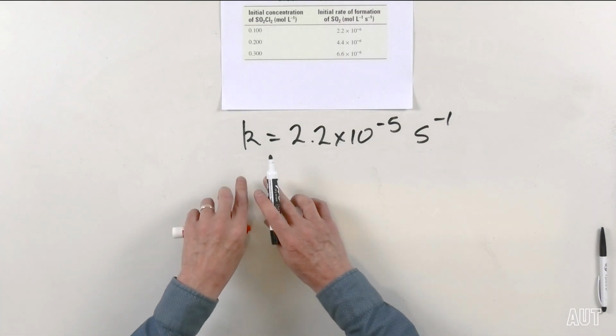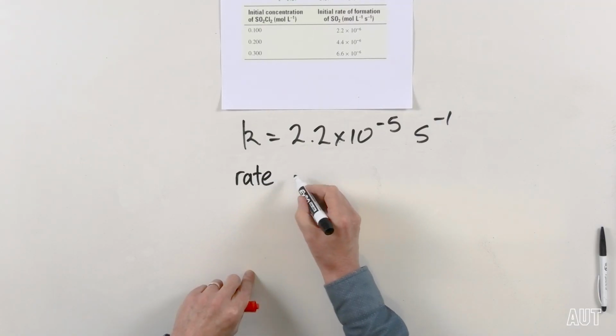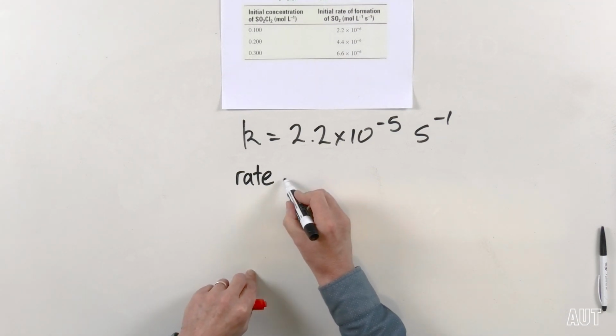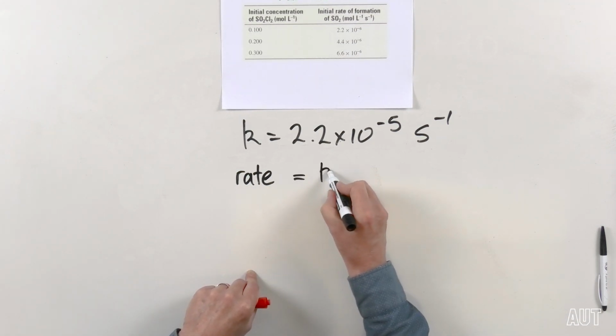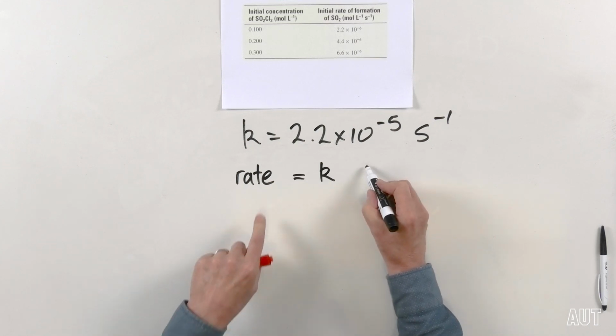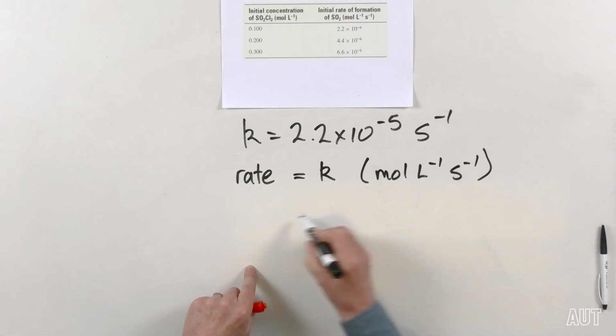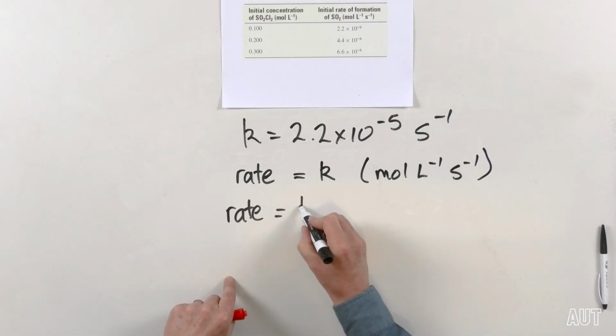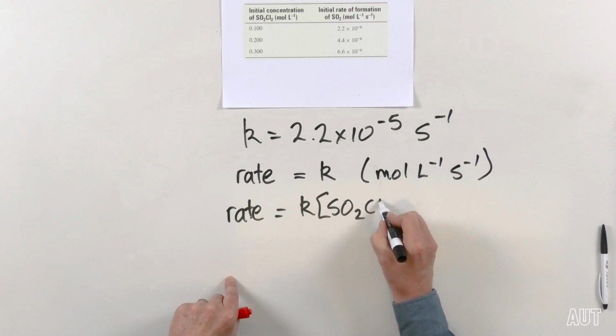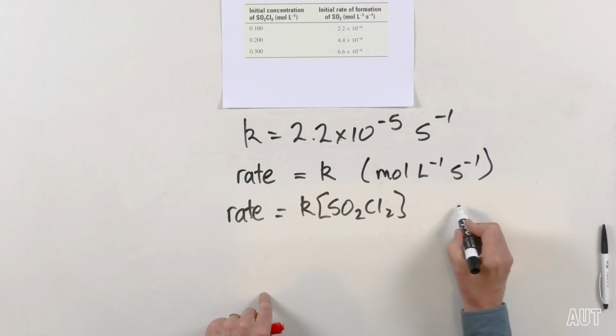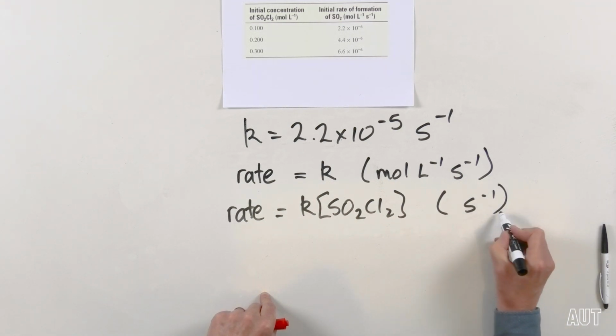So, I said that the units of rate are always the same, and this is where people get confused. The units of rate are always moles per litre per second. The units of the rate constant depend on the order of the reaction. If the reaction is a zero order reaction, the rate of reaction is equal to just K, so therefore the units of K are going to be the same as the units of rate, mole per litre per second. If the rate of the reaction is equal to K times, in this case SO2Cl2 to the power of 1, then the units of K are going to be seconds to the minus 1,